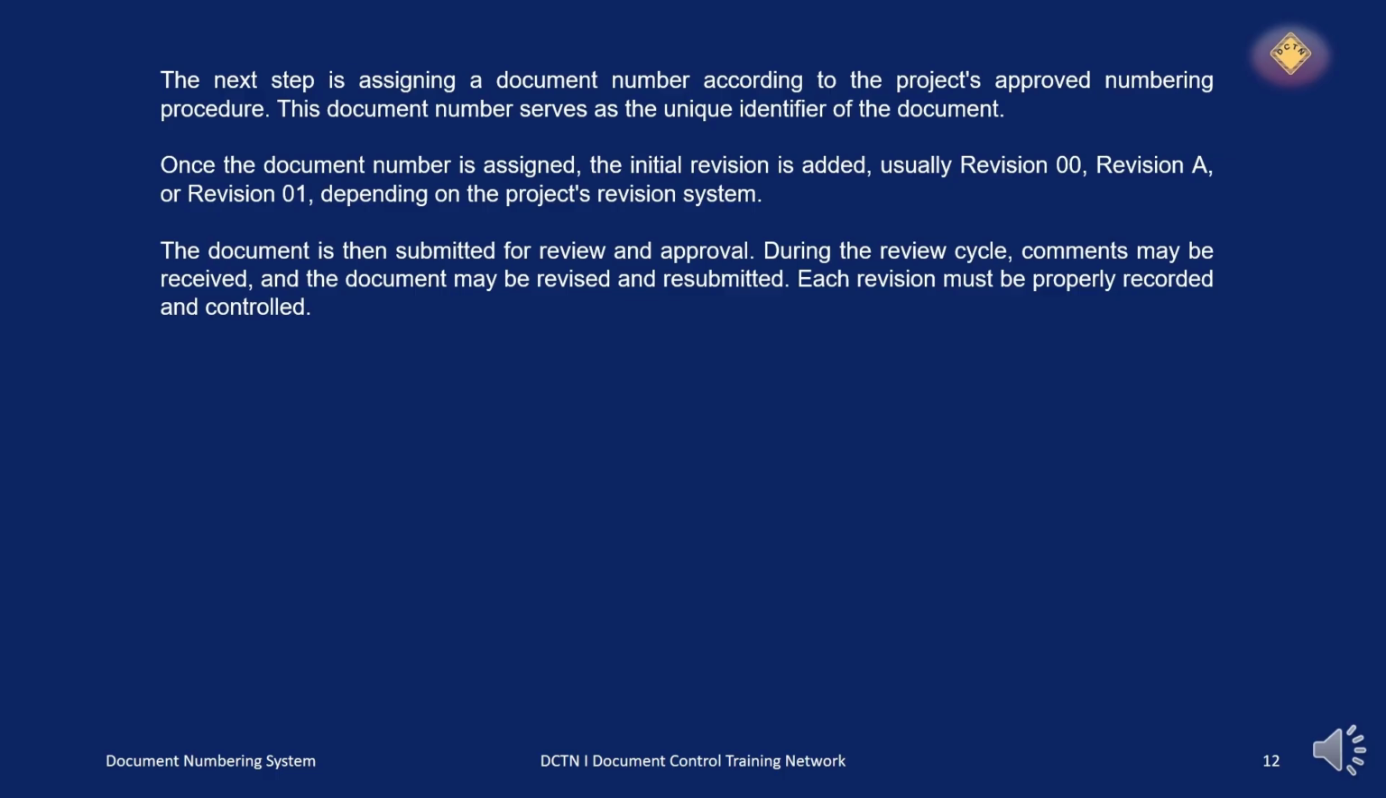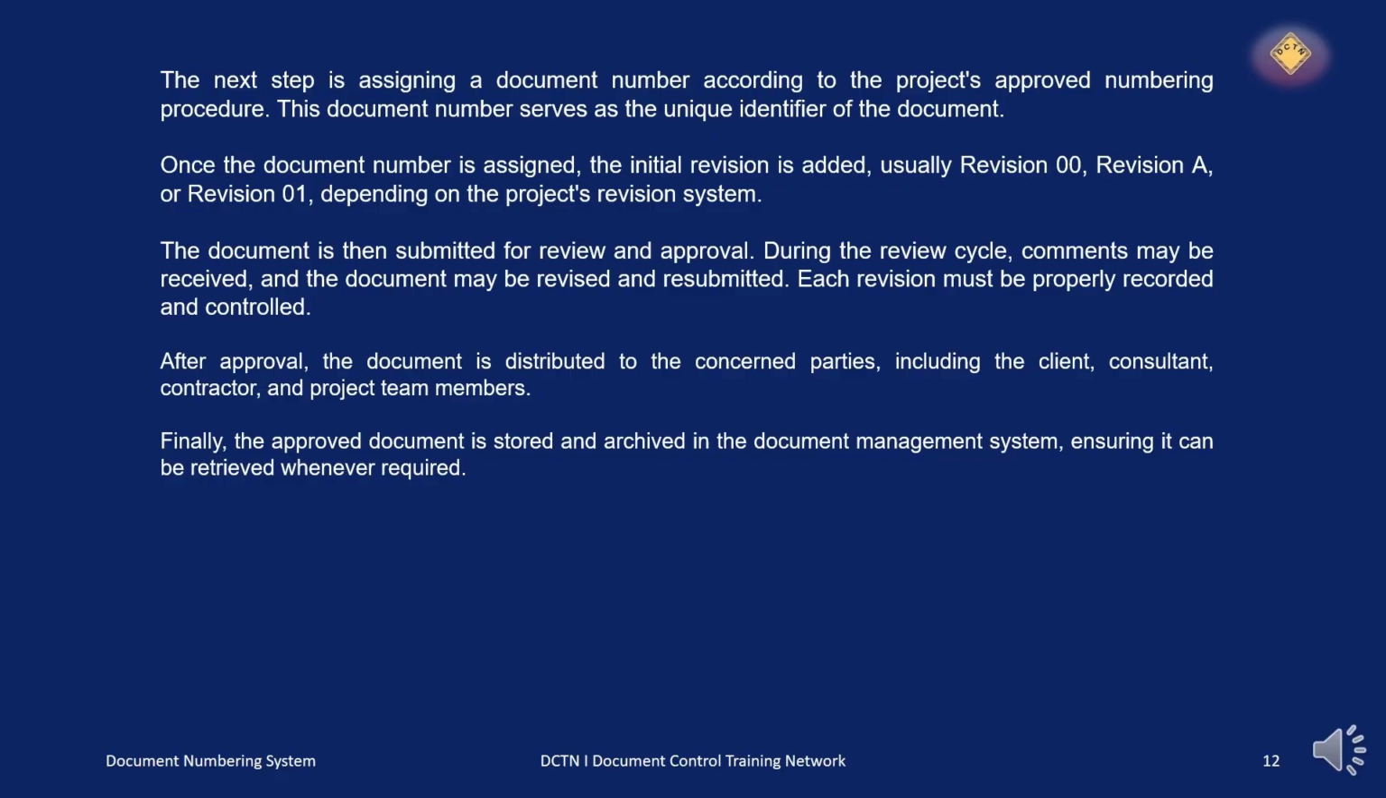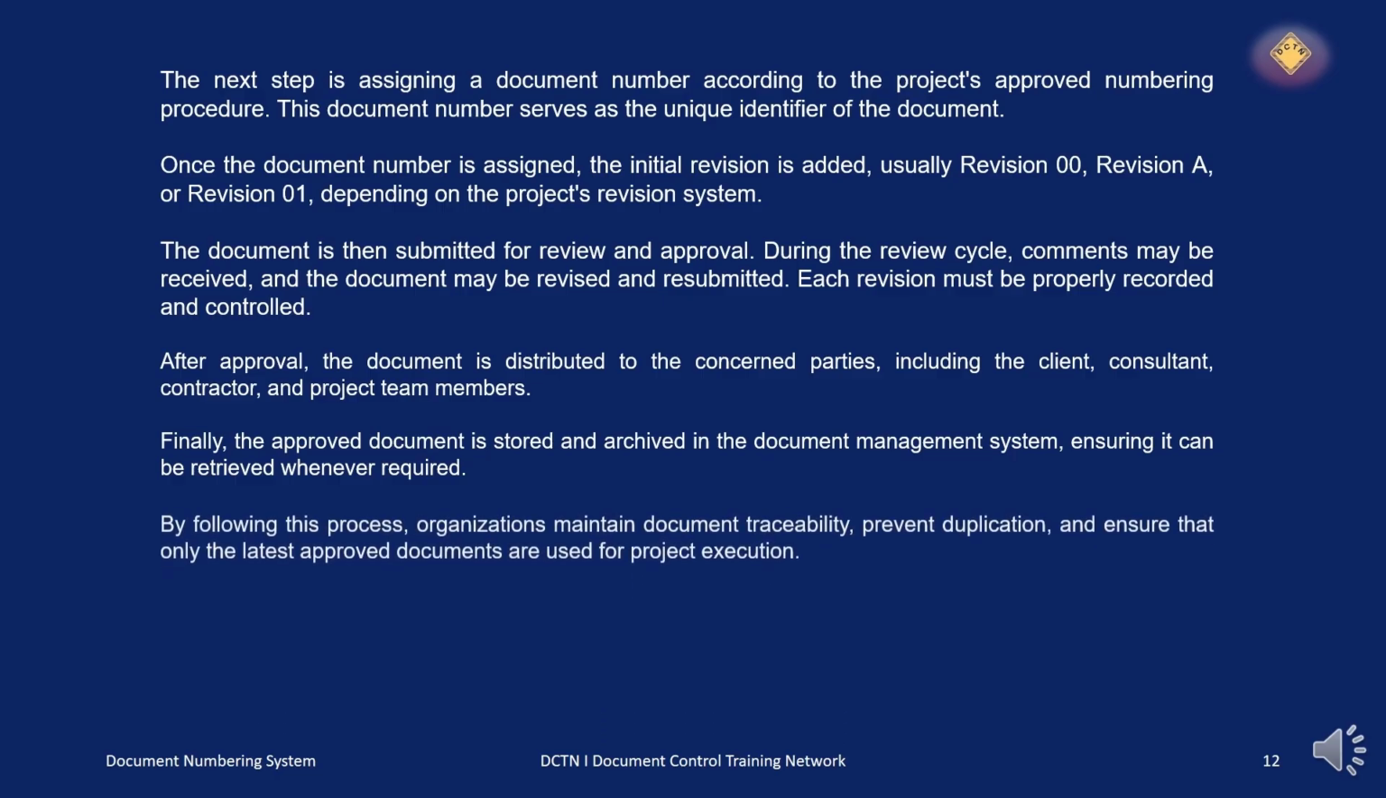Each revision must be properly recorded and controlled. After approval, the document is distributed to the concerned parties, including the client, consultant, contractor, and the project team members. Finally, the approved document is stored and archived in the document management system, ensuring it can be retrieved whenever required. By following this process, organizations maintain document traceability, prevent duplication, and ensure that only the latest approved documents are used